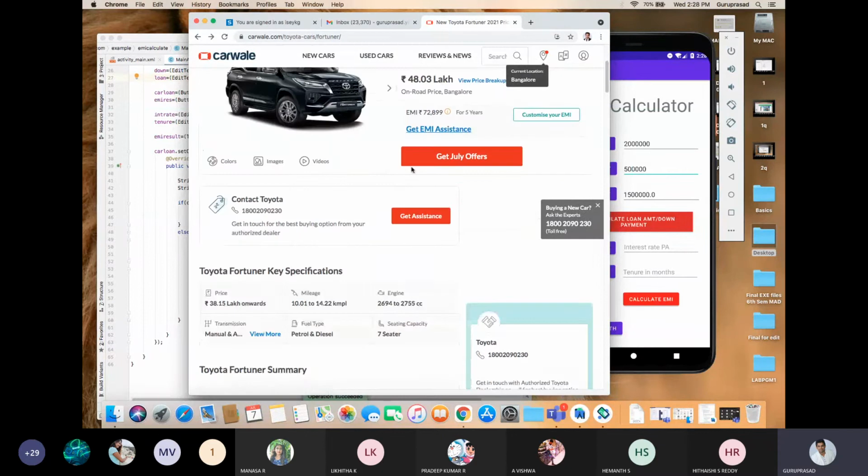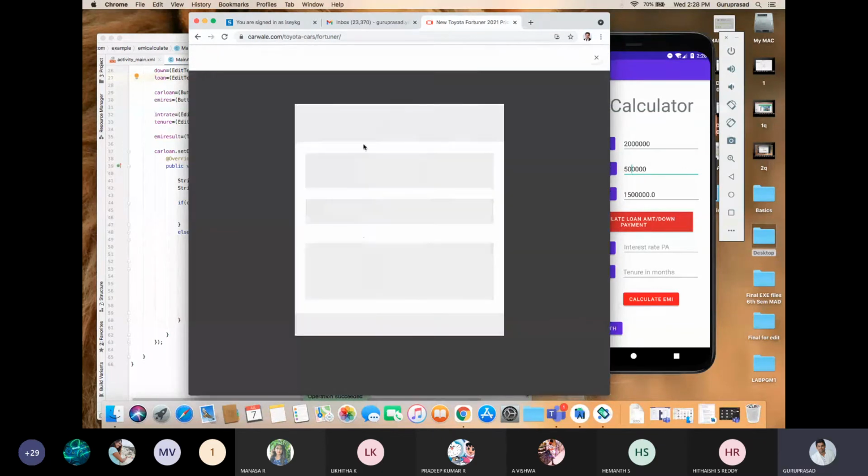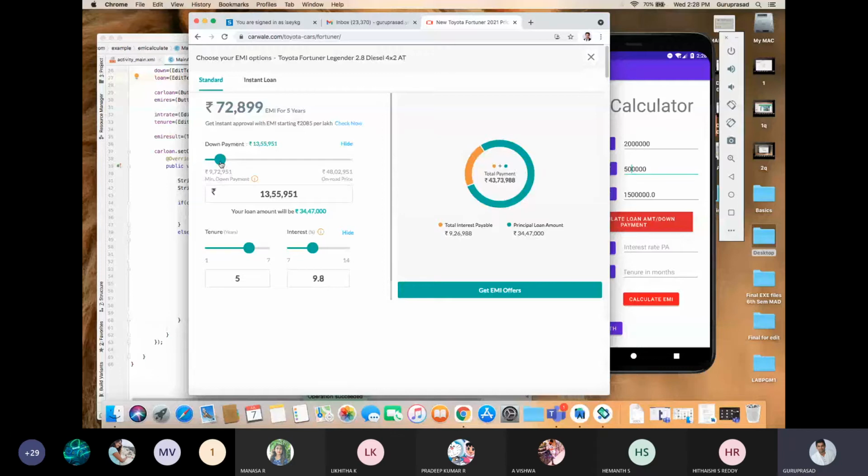Okay. So customize it. See here. Can you see this customization? I can change the down payment. This is a seek bar. The minimum down payment is 9,72,950.